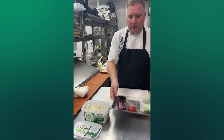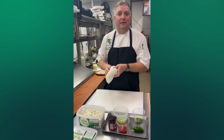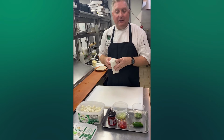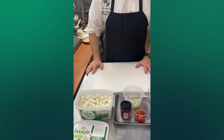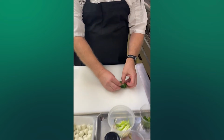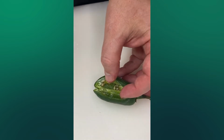Another dish we're going to demonstrate today is a bacon-wrapped Orzen stuffed jalapeno, and that'll be fried, and that's going to be served with a pepper jelly butter and some pickled strawberries. To begin, we've made a slit and we've taken the seeds out of the jalapeno,